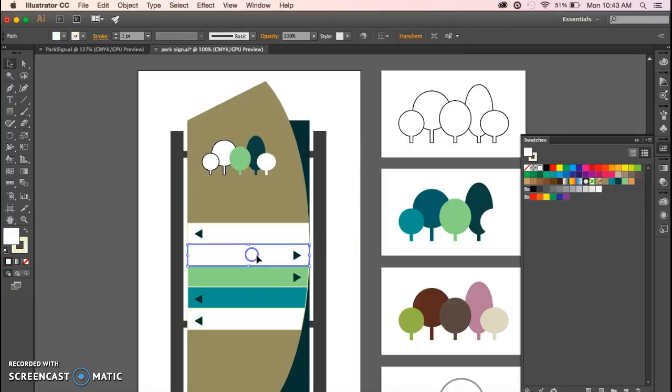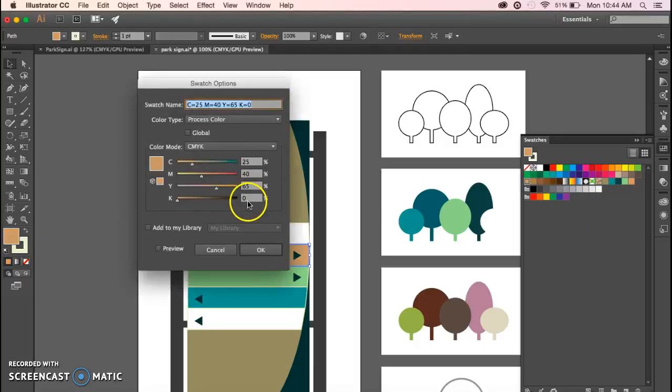Now we want to click on this next bar, and we're going to change it to the orange color that we just created. Say for instance we want to edit the swatch. You can edit it if you need to. So we'll try this with the Sign BG swatch. What we're going to do is double click, and then it'll pop up, and we'll change